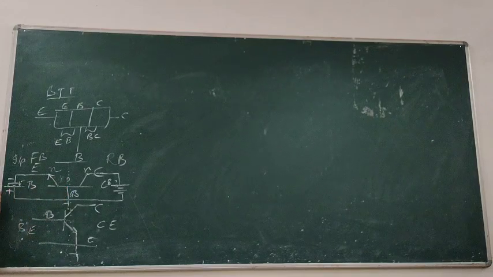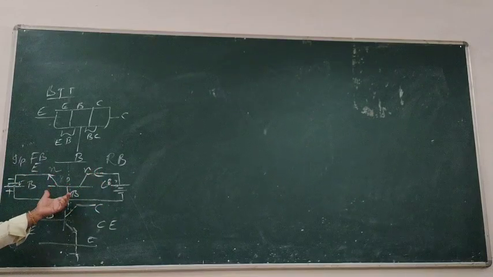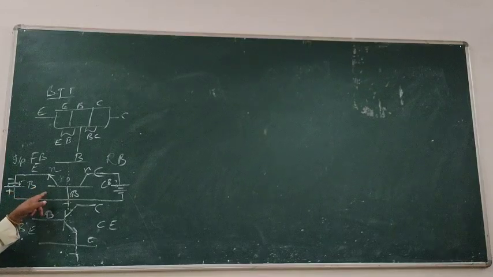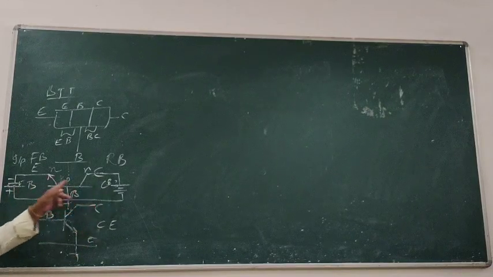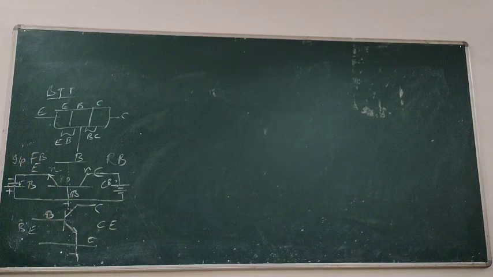Whenever both sides have reverse bias, the junction completely expands. It is in cutoff mode only. No current passes from the input to the output. That means it is in cutoff mode. Whenever you have input forward bias and output reverse bias, then the current comes in saturation. Thereby we will get minimum and maximum.